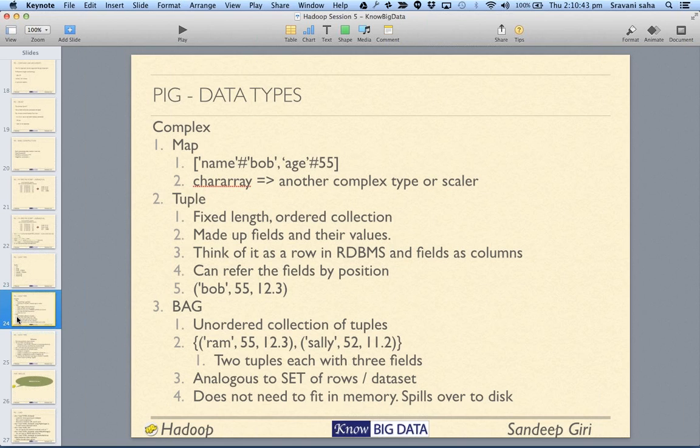Here the key is a character array, a string, while the value is another complex type, or the value could be a scalar, meaning the value can be another map having the same structure, or the value can be int, long, and double, char array, byte array, or any of that. All right. So the second data type